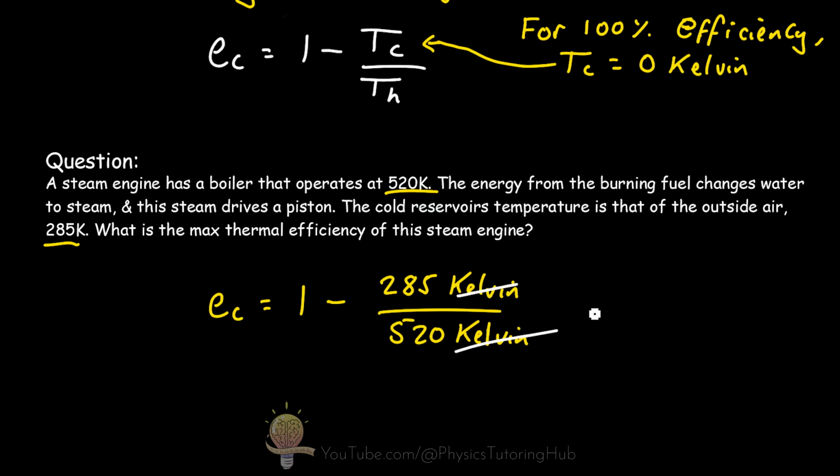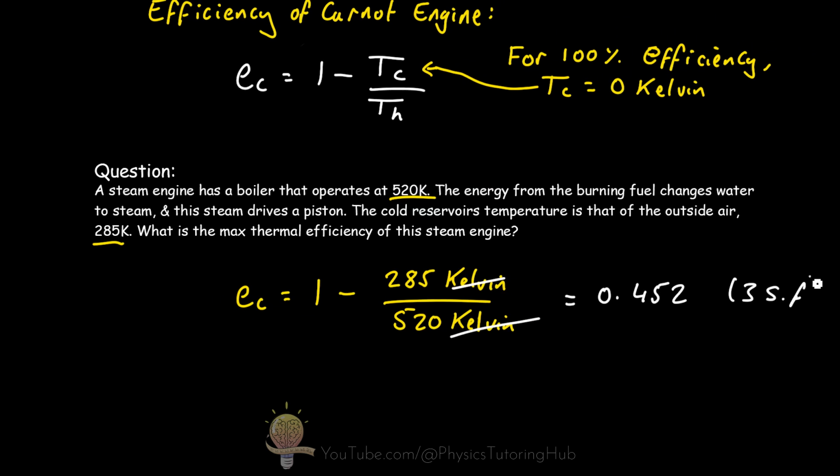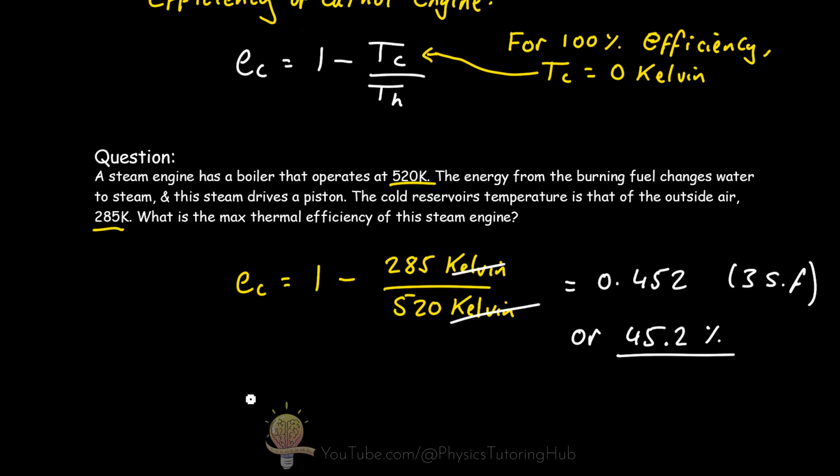So when we plug in our values, we get an answer of 0.452 to 3 significant figures. In other words, 45.2%. And this is the maximum theoretical efficiency of this type of boiler operating at these two temperatures. But because this is the maximum theoretical efficiency, we can expect a real steam engine's efficiency to be much lower than this. According to Carnot, it would be impossible for this steam engine to operate at a higher efficiency